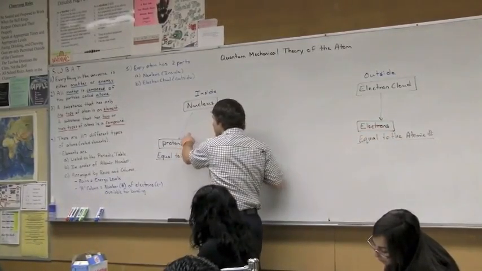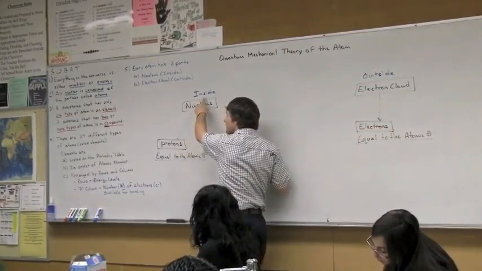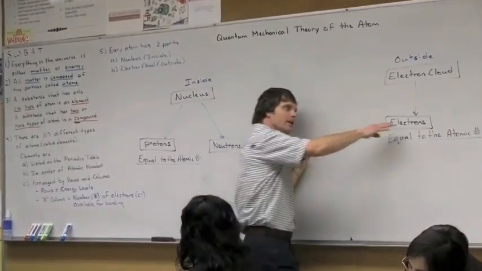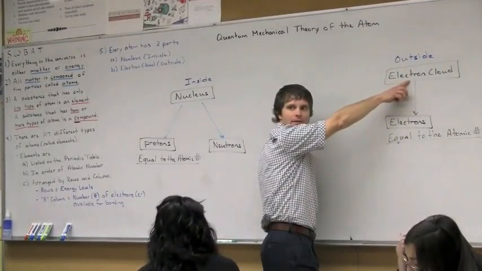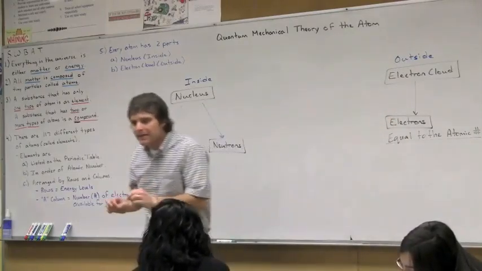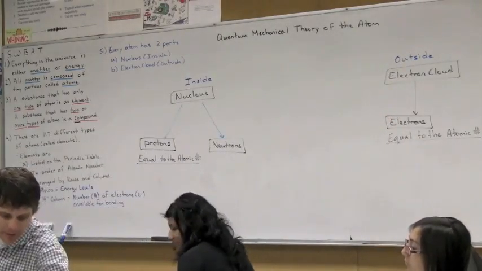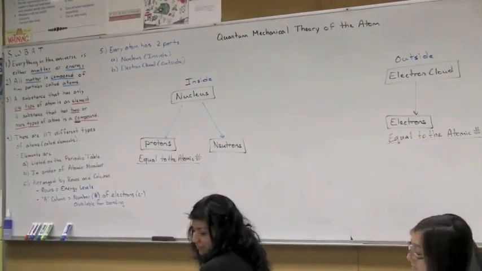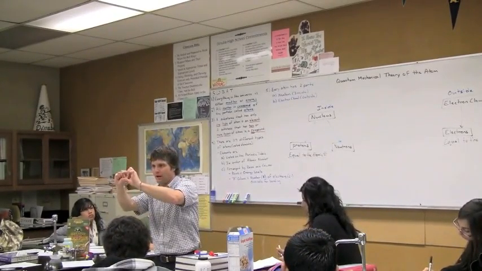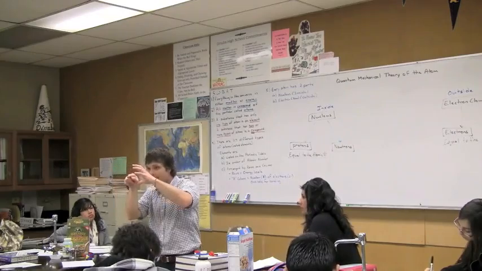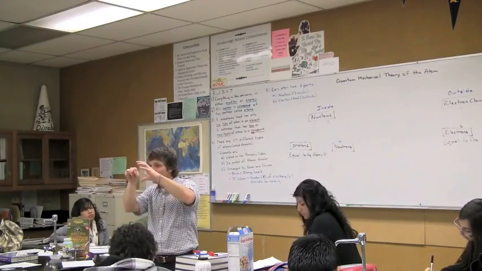Those protons are in the part of the atom that we call the inside, called the nucleus, this area of space. And over here, the electrons are on the outside part of the atom that we call the electron cloud. So that means if I were to take carbon, if I were to break this piece up into its individual atoms, which I can't do, I pick up one of the atoms and I look at it, on the inside part of the atom, it would not have a little sign hanging there saying nucleus on it. You would just say, okay, that's the inside part of the atom, and you would count the little guys inside